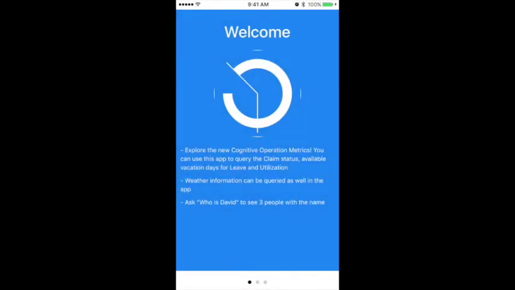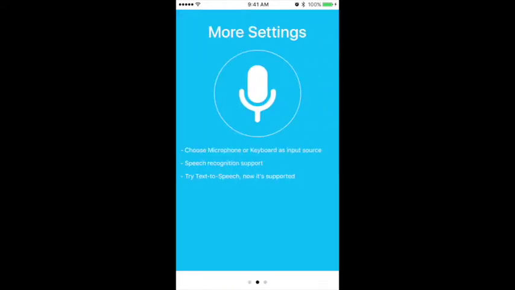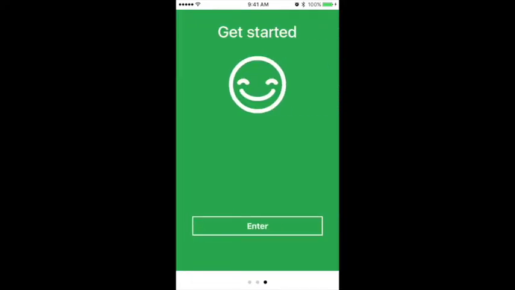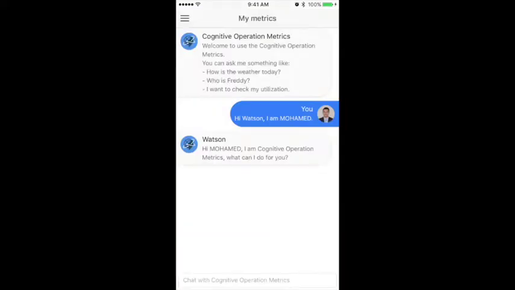So then it has some splash screens that explain how this app works and what it does. And it also tells you that you can use the microphone option instead of the keyboard. By default, we set it to use the keyboard, but there is a setting to change it to microphone. And then click on enter. So now I'm inside